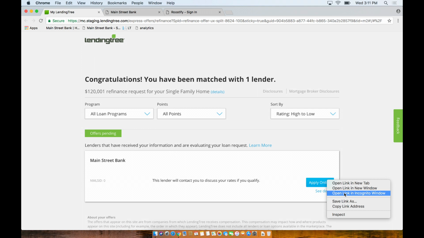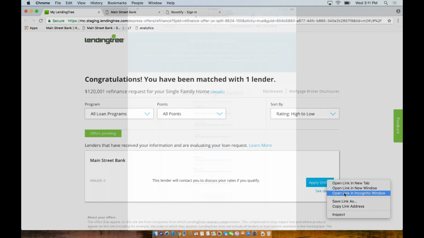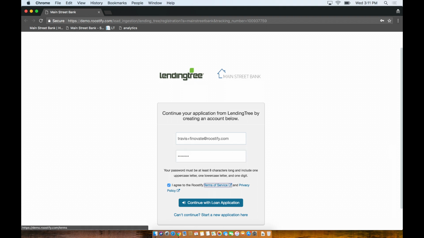Consumers that are online, so we can switch to the desktop here. Consumers that are online and are able to leverage the LendingTree experience can see our customers' offer and move into an apply online experience, taking information from the LendingTree short form, moving them into a co-branded experience where they can pre-populate all of the information in the mortgage application.